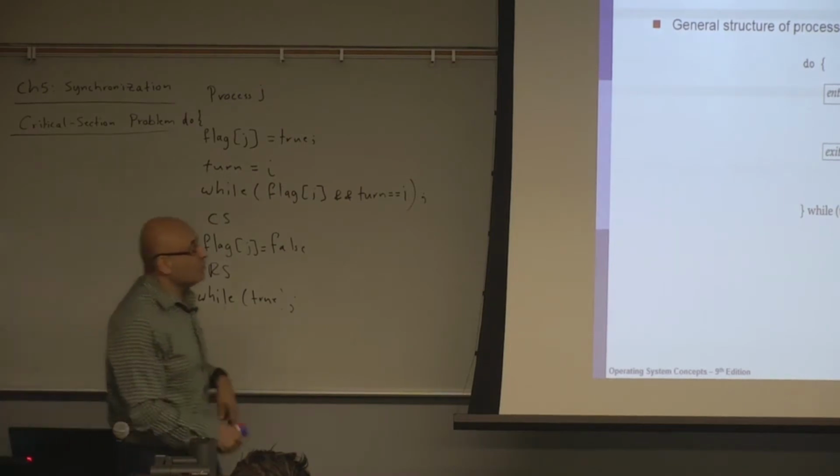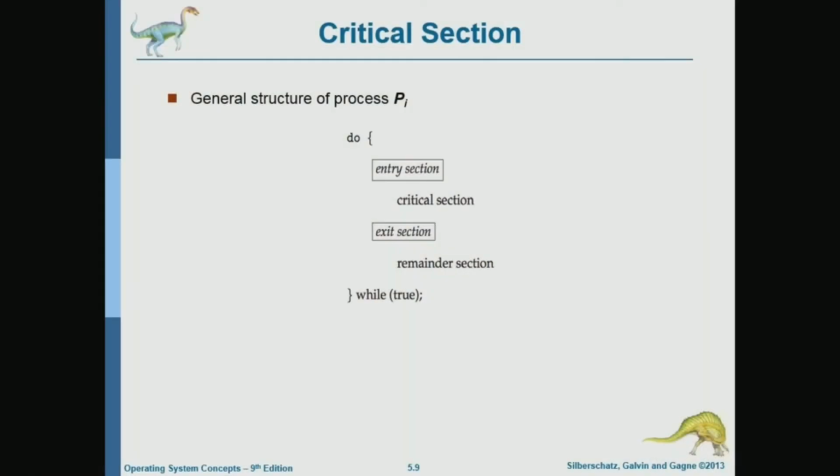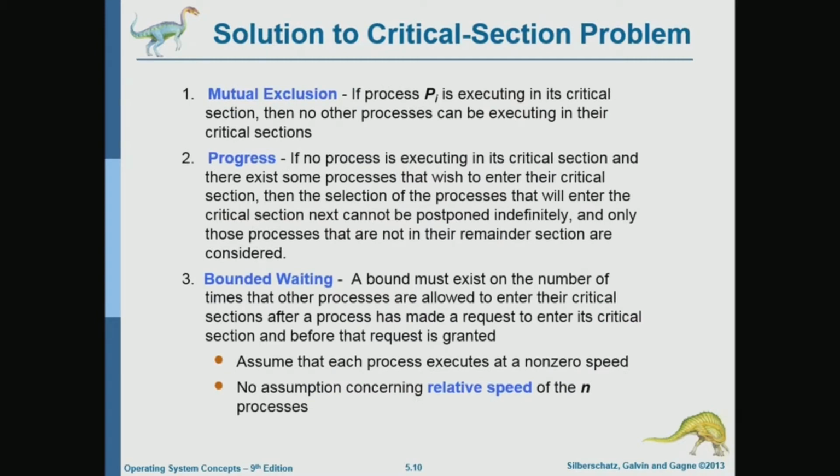Now, in any solution to the critical section problem, we would like to see an entry section where a process locks the critical section, an exit section where the process unlocks, releases the lock, and then a remainder section, which is the rest of the code that is not critical, that a process can execute without having to worry about synchronization. So last time we said that for any solution to the critical section problem, we would like that solution